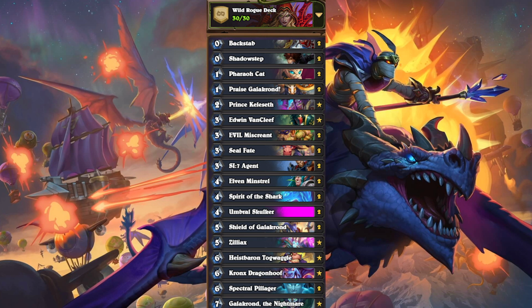But basically, the combo here is you play Spirit of the Shark, okay? And then you will play Umbral Stalker, which gives you 3 coins. But you have the Shark, so it'll give you 6 coins now. And then you're going to play all of your coins, and then you're going to Shadow Step the Umbral Stalker, and you'll play it again, and you're going to get 6 more coins,